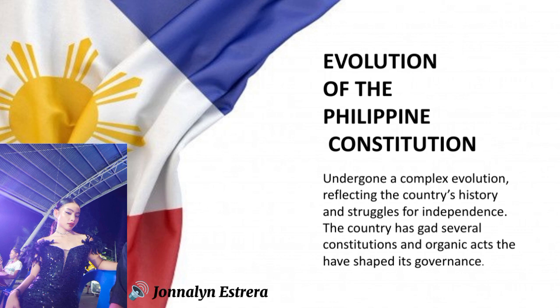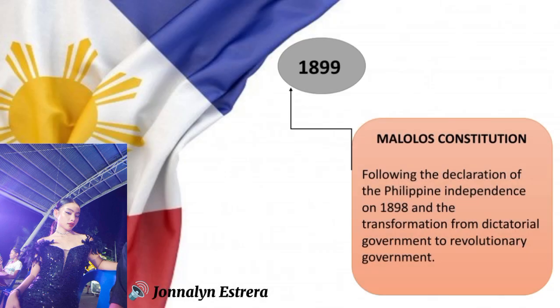The goal is a system that protects the rights of Filipinos and helps the country grow while keeping the government strong and fair. So there are 6 levels of constitution. The first one is the Malolos Constitution, which is the first constitution of the Philippines. The Malolos Constitution is a huge step towards full independence from Spain and showed Filipinos' strong desire to rule themselves. As we all know, we were colonized by the Spaniards for 333 years, but later on